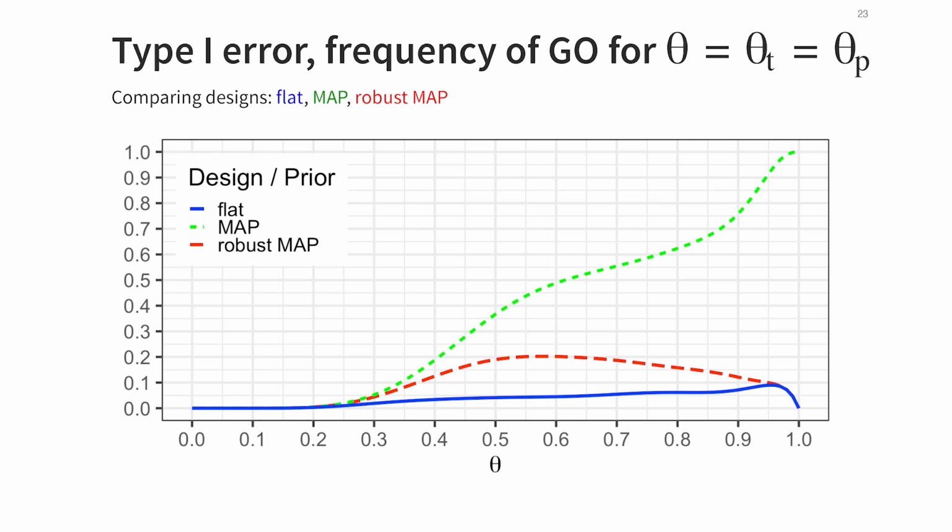But it's nicely controlled. You see at the bottom the type 1 error, basically. The informative MAP prior has a huge type 1 error here on the right of the plot, and the robust version of it is an intermediate between the two. So what happens here on the right: we say we have a response rate of 80% in the control group, which is supposed to be the truth, but my prior is pulling towards 25%, so biasing in this direction towards smaller, artificially creating a big difference between the two. So you would conclude very often that you actually have a success when the reality is there's no success.